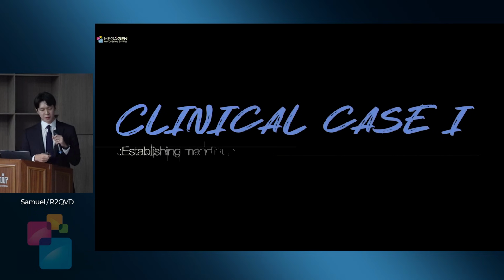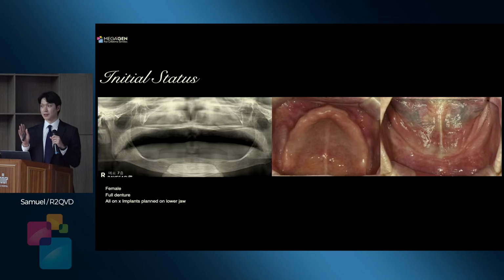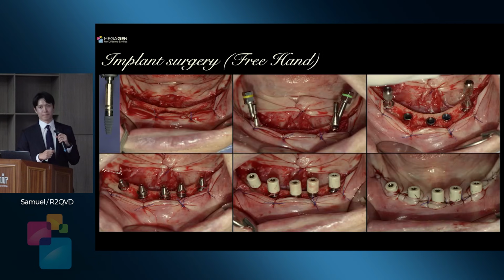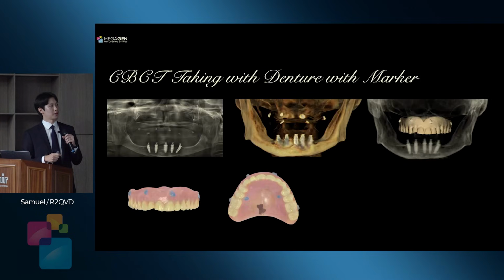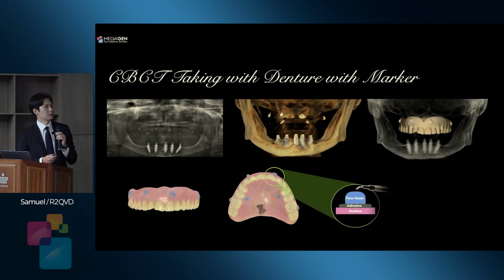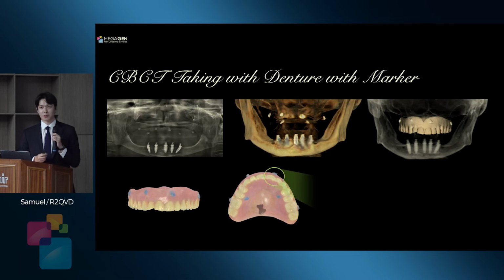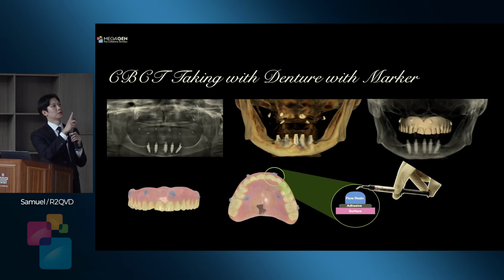Let's see the clinical case. First one, this case, you guys already saw this case, right? Do you remember? Yes. So, Dr. Park did the all-on-X surgery like this using the AXA. Then I make a denture because first we do surgery, lower first. So based on the upper denture, we have to make a prosthesis. So I just make this kind of marker in the denture, and with the denture, I make a